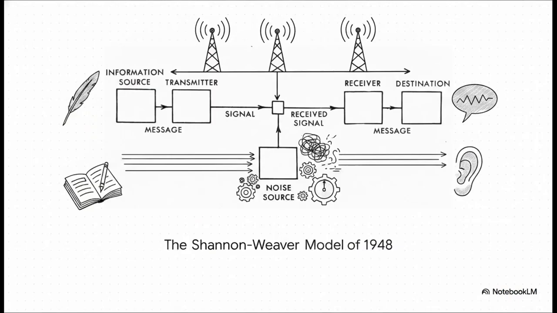communication. So, picture this. It's 1948, and an American mathematician named Shannon and an electronic engineer named Weaver team up to fix a very mechanical problem for the telephone industry. The result they came up with was a strictly linear path. It was designed to develop effective communication over a channel, and it essentially views communication as a tidy, highly mathematical sequence. You have an information source that selects a message, a transmitter encodes it into signals, it travels, and then a receiver decodes it back to a destination.